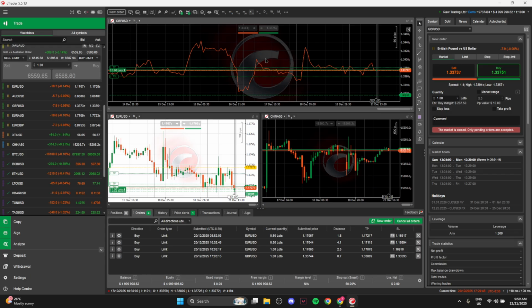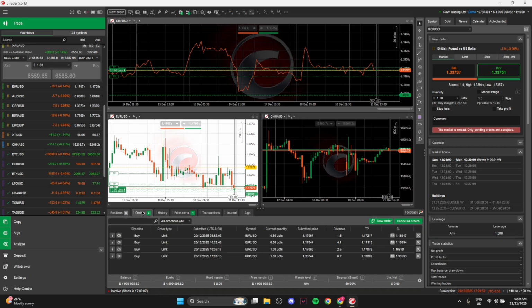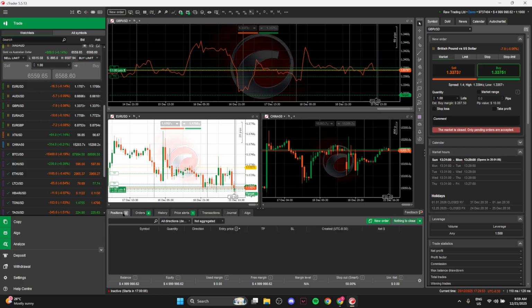Now, head to the Trade tab and select Positions. The Trade tab is where cTrader lists everything that's live on your account. Positions are your active trades, while orders are pending entries. We want positions so you can see the open trade you intend to partially close, along with its symbol, direction,